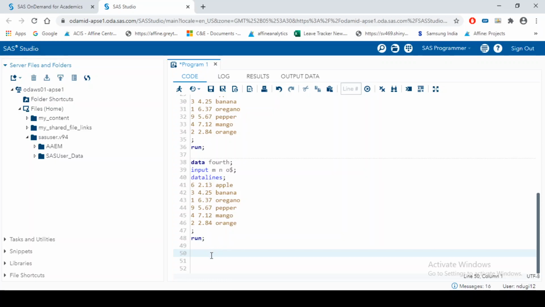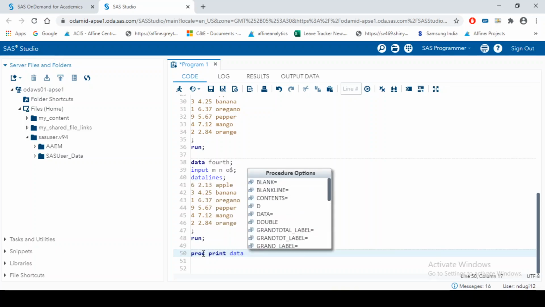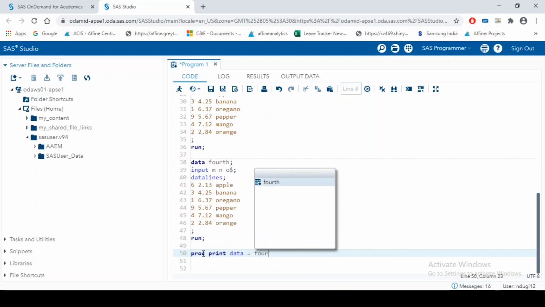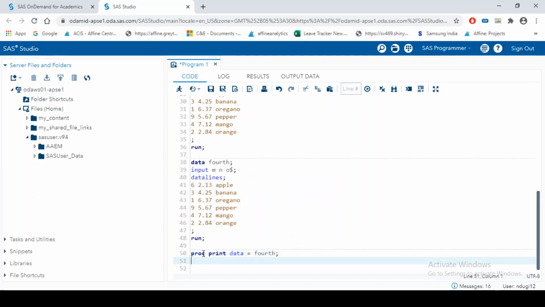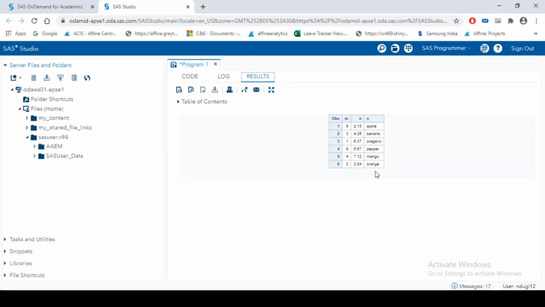There are a few options also in SAS. If I write proc print data equal to fourth, where fourth is my dataset, and I run it, I will see all my 6 observations here.